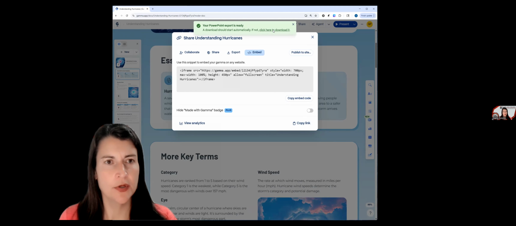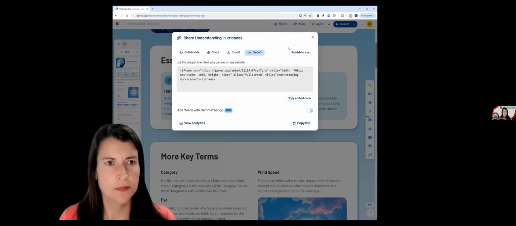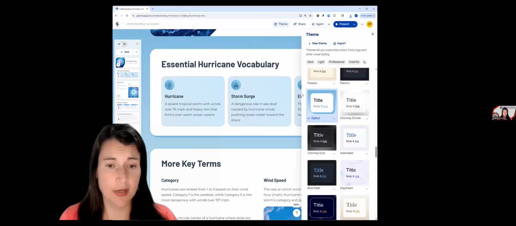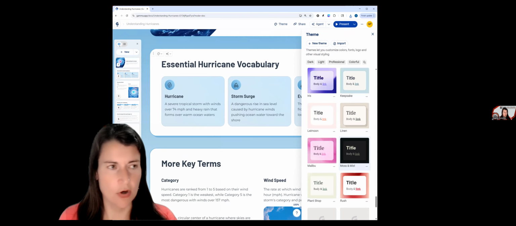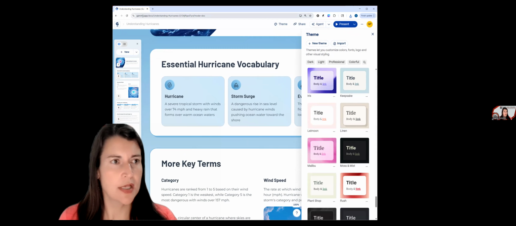So here we go. Now I have my slides ready to go. And I can make more edits as I want. So that's it. I can edit the theme if I'd like. But I'm good. Look at how many themes there are. All this is free. So the website is Gamma,